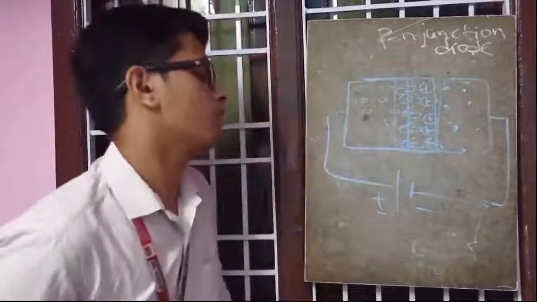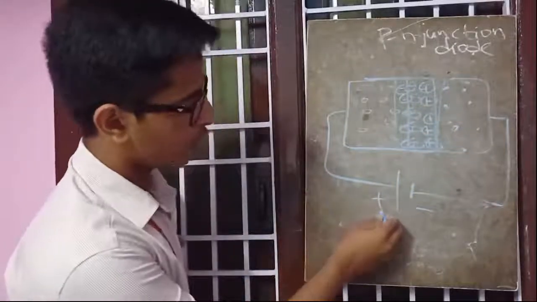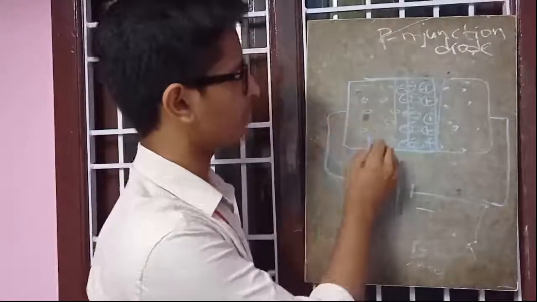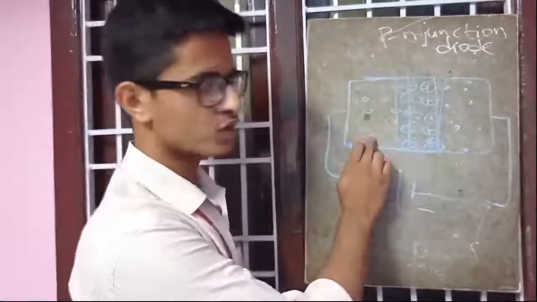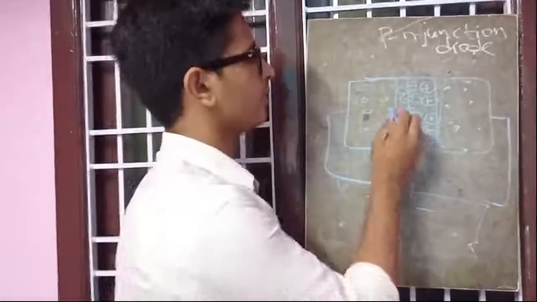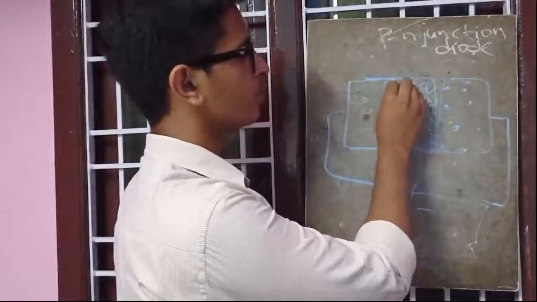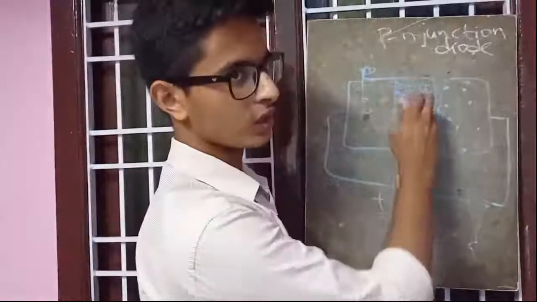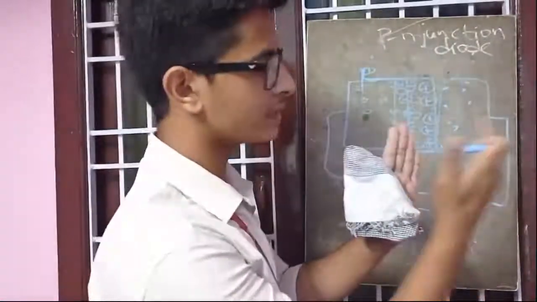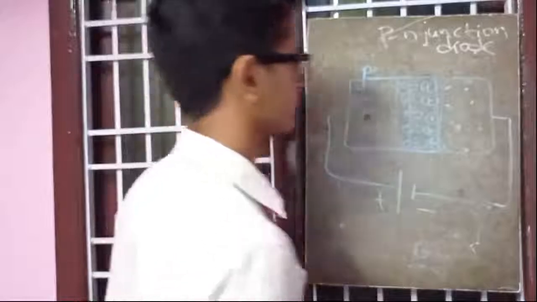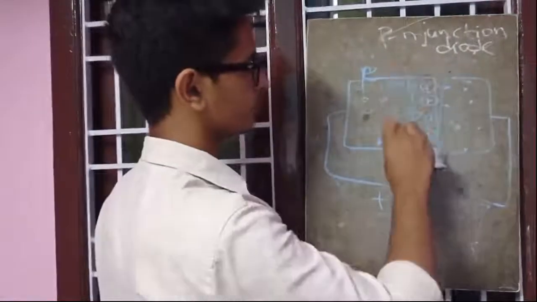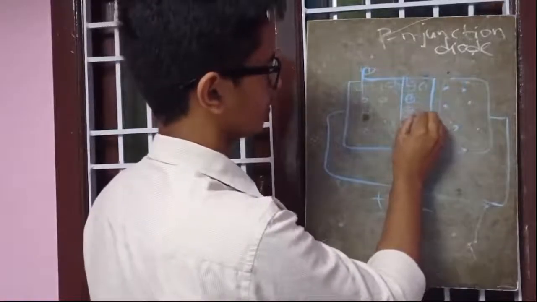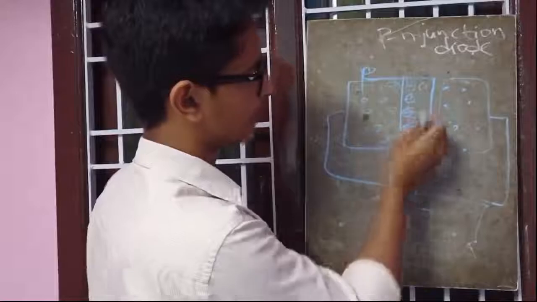Since we apply forward voltage, the positive charge of the positive plate of the external source repels the majority carriers, the holes. These are also positive charge. Like charges repel each other. So some holes will move from the p side to the depletion layer and recombine with electrons. So the width of the depletion layer gets suppressed when you apply the forward bias voltage. The width of the depletion layer gets suppressed.